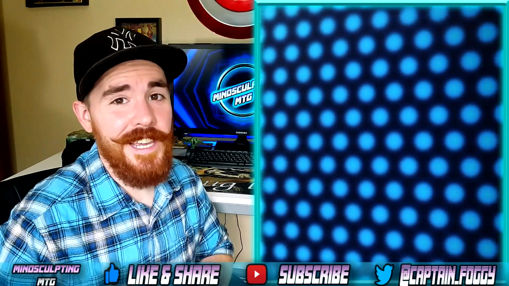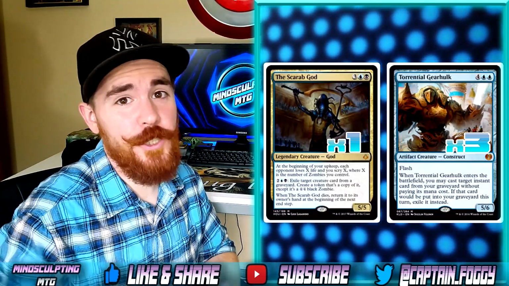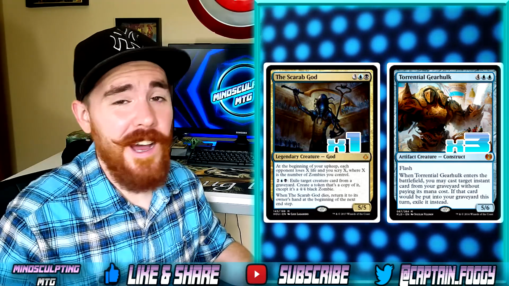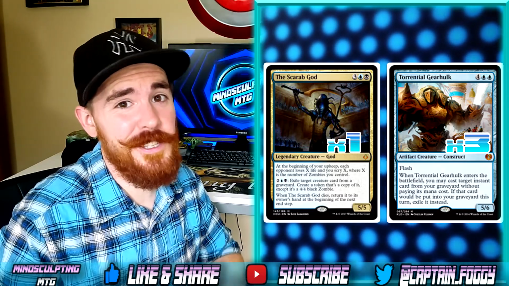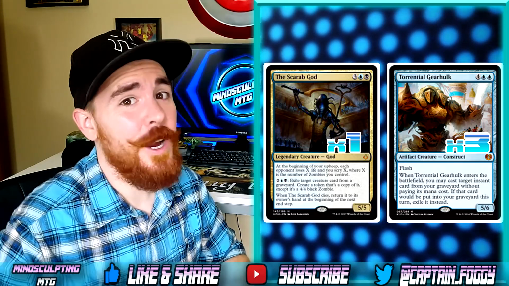So now we've made it to the late game, how do we win? We're playing 1 copy of Scarab God, 3 Torrential Gearhulk, and 1 copy of Nicol Bolas God Pharaoh. The Scarab God is just an amazing creature all in itself. Not only does it help with card advantage, but also helps us take our opponent's threats and use them against them. Plus, it's a great recurring threat, so unless our opponent can exile him, we're always going to have him